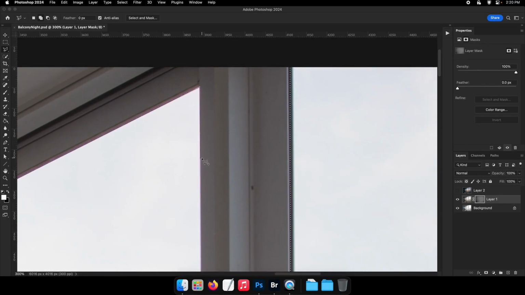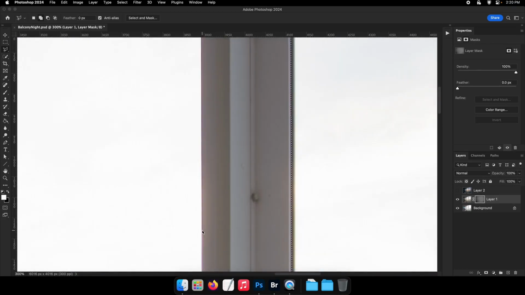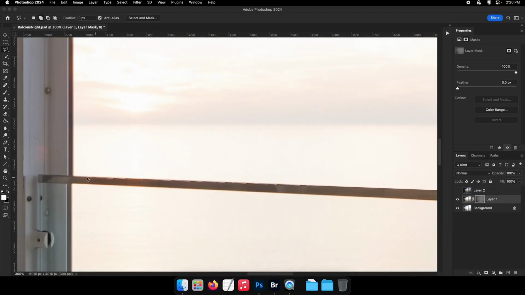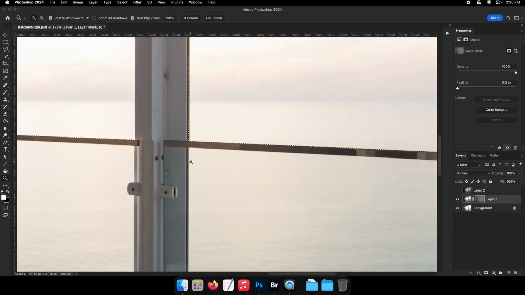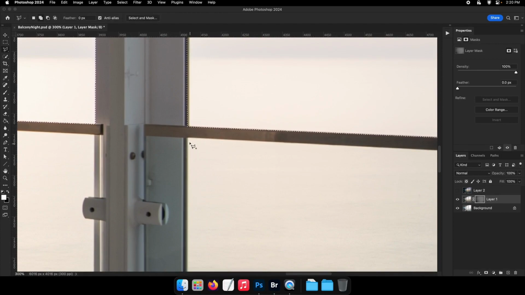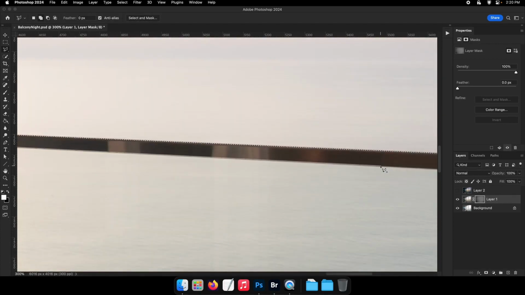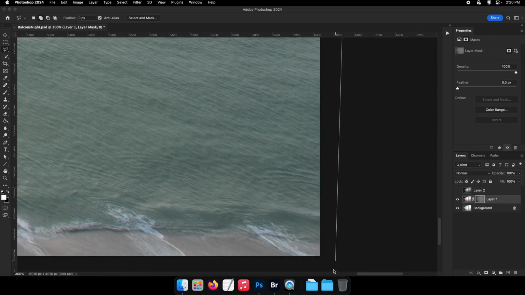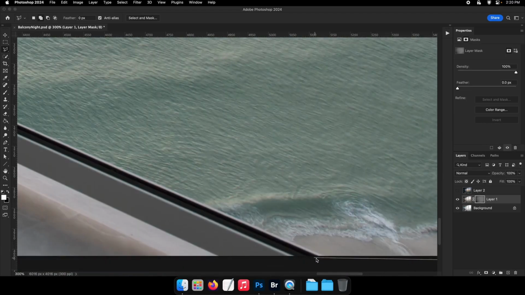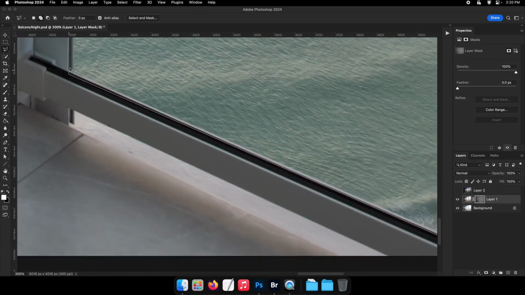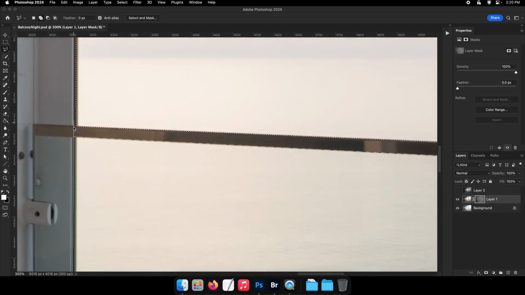I really try to use the pen tool when it comes to curved shapes and things like that. But whenever I can get away with using the polygonal lasso tool for primitive shapes, I always try to use that because it's just so much faster. By holding down the shift key,